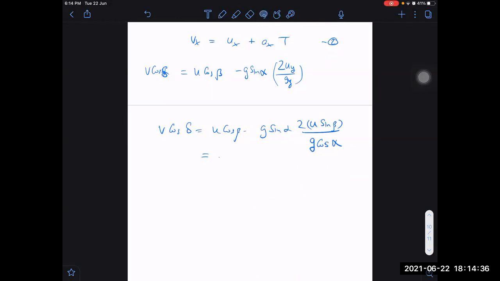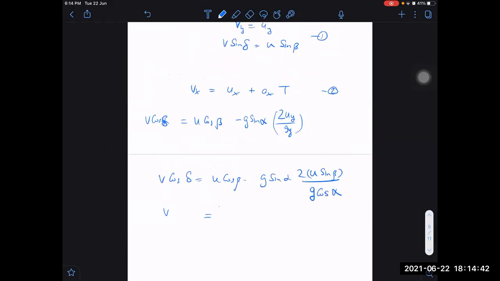Can you solve it a little bit and tell me the result? V cos beta, v cos delta. What do I need to do now? I have one equation with v sin delta, another equation with v cos delta. We can divide to get tan delta, or we can get cot delta. Cot delta will be easier because if I put it in the denominator, I will get cot delta.